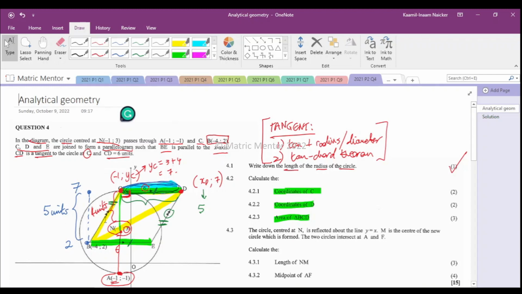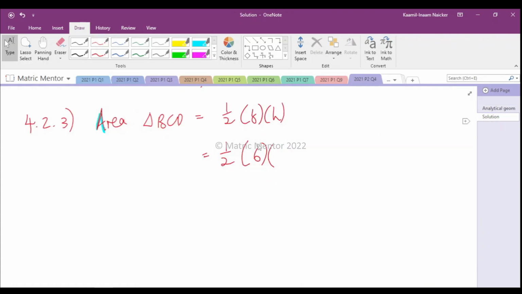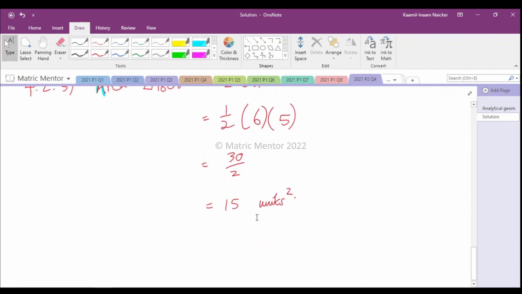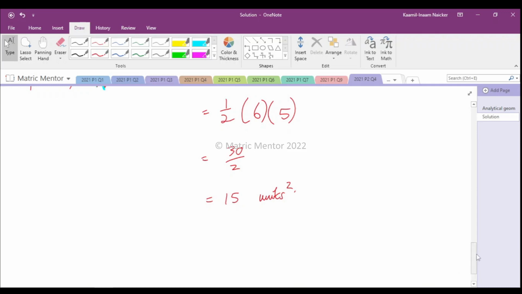Okay, that's my perpendicular height. How do I know it's perpendicular height? Because I'm counting vertically up the y-axis. Okay, so that's a half times 6 times 5, which is equal to 30 over 2, which is equal to 15. And because this is area, you're going to write square units. All right, so not so bad. Let's go on to